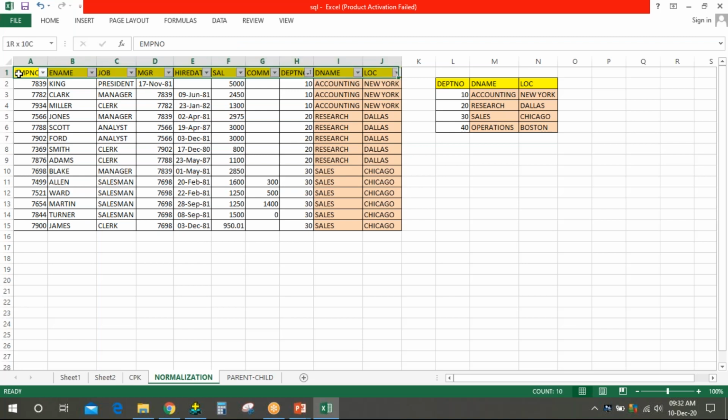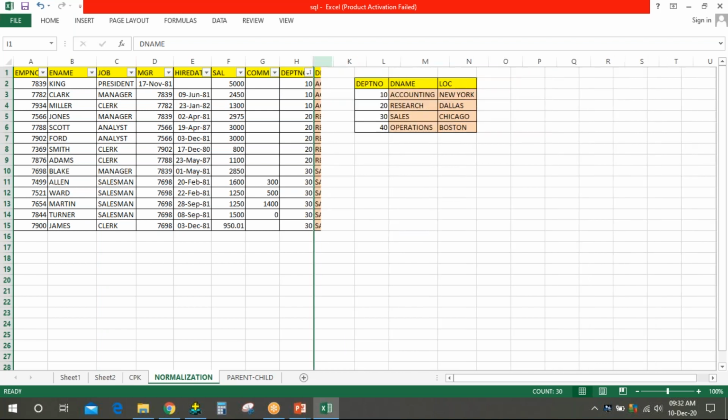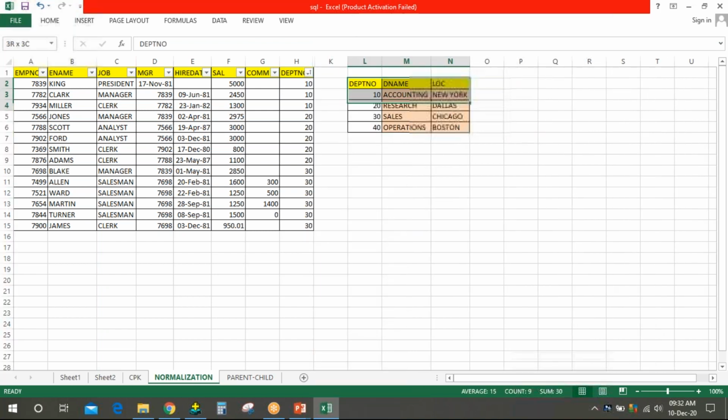This is my whole data inside the database, but it is taking so much space. That's why I deleted these two columns. After deleting these two columns, I'm creating one more table here. And now we will see how we can join this, how this can be related, how this table can be used as parent and child, and how this table can be joined by using joins. The joins are inner join, left join, right join. That is something we'll work on in the coming sessions.